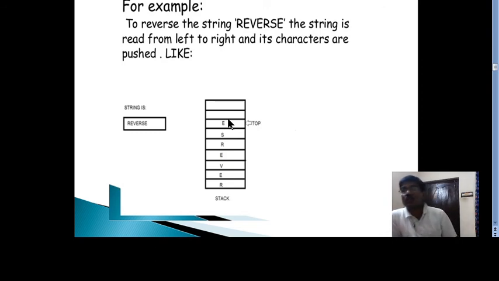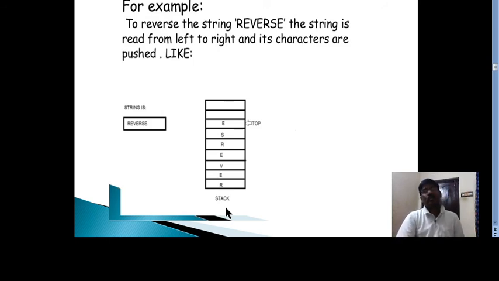That's why it is also called a LIFO list, the list which follows last in first out order. In the same way, E will come out first and then S next, and so on. If you print it, it will be reversed.